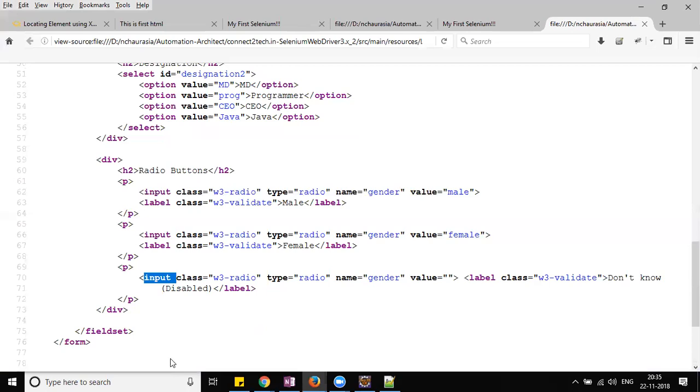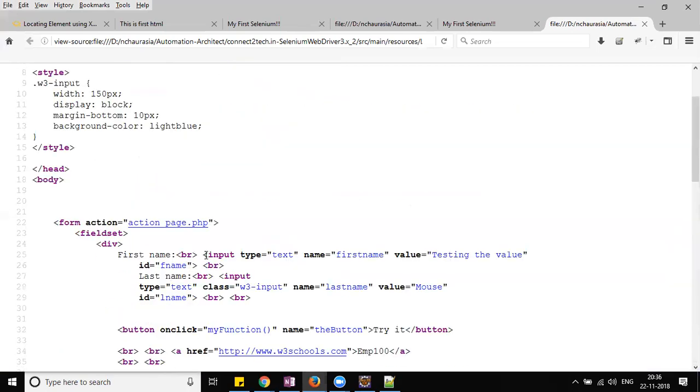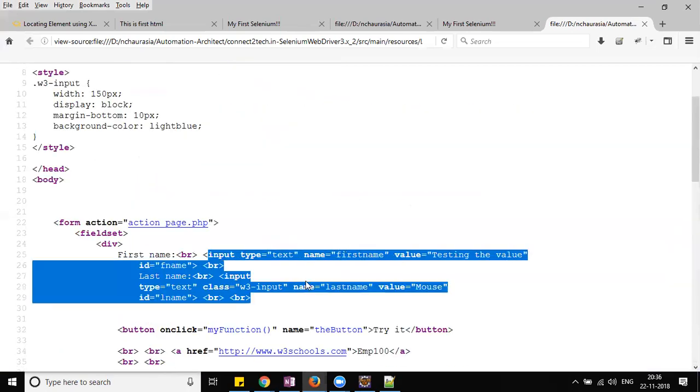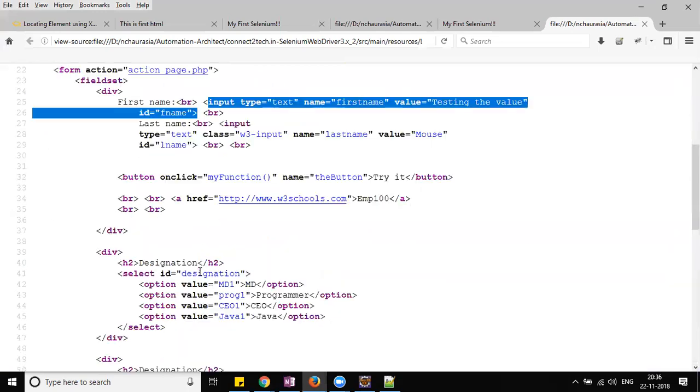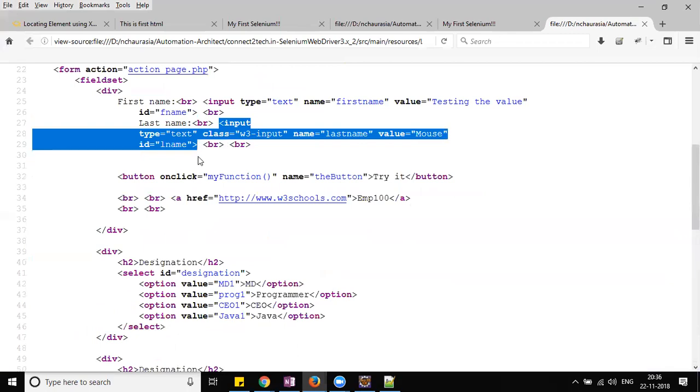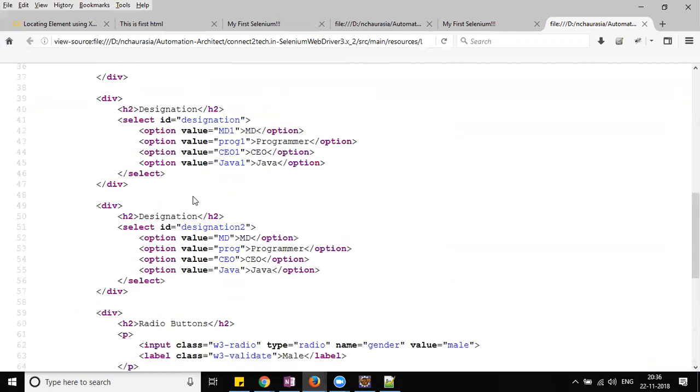So if I'm working on zeroth, it will give me this, right? Oneth will give me the next input tag, which is this input tag, right? So that is how you can make use of tag name also to access all the elements. This is not a good strategy or good approach, but sometimes a situation might arise when this is the only option available for you to